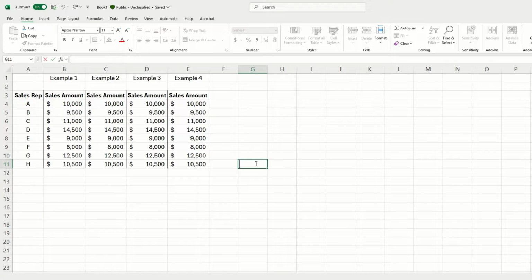Want to make your business data easier to understand at a glance? In this video, we'll look at how to use conditional formatting in Excel to spot performance trends fast. Let's say we have a monthly sales report, and we want to highlight which sales reps didn't meet the $10,000